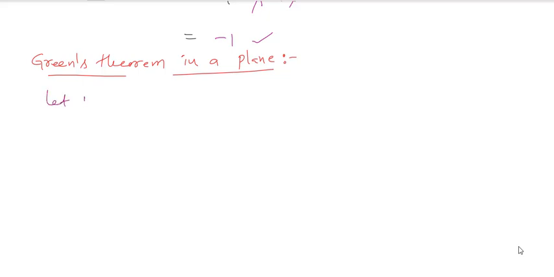Let me continue with that. We will take Green's theorem in a plane. Let me take the statement here. Let capital M of x comma y, it is related to your exact equation, and N of x comma y be